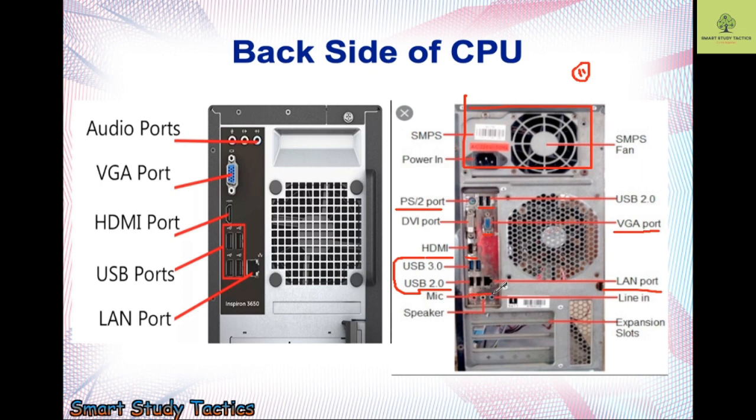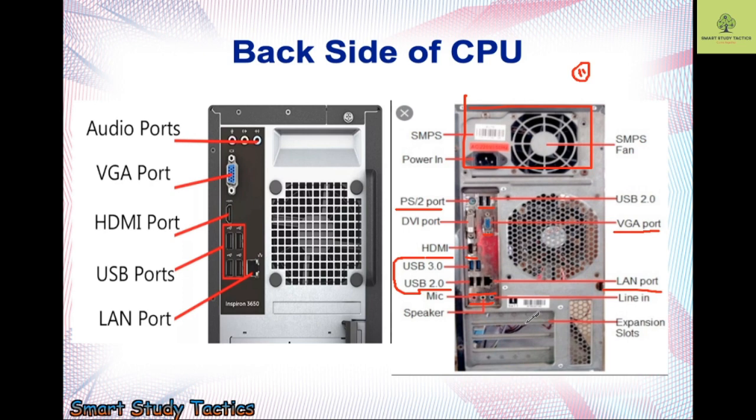Here there are three points. The middle one is the speaker, the left one is the mic, and the right one is the line in. Whenever you want to connect your speaker and all, we have to prefer the middle one. Mostly it comes in the green color, so by this you can recognize it and connect to the green one. And if you want to use the microphone, or you want to use the sound output, that time we have to use all these three buttons. Okay, these things are clear.